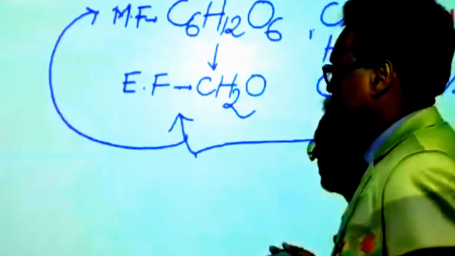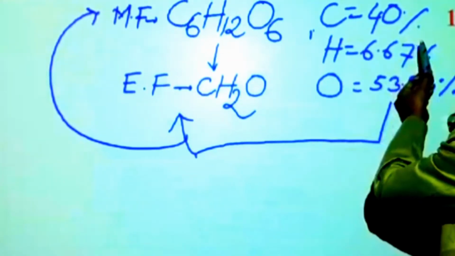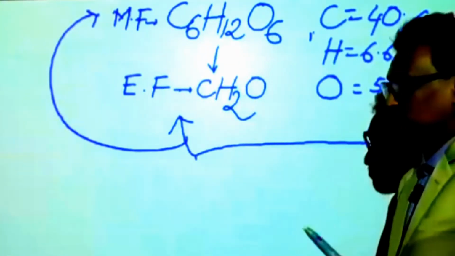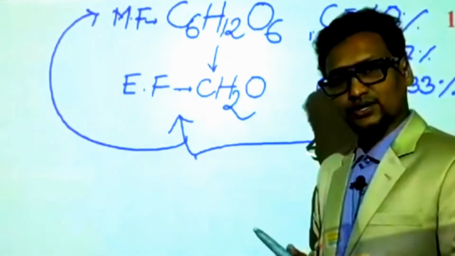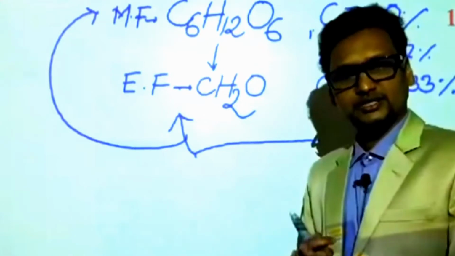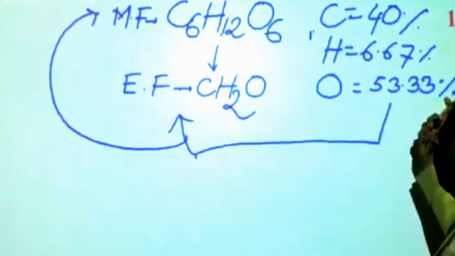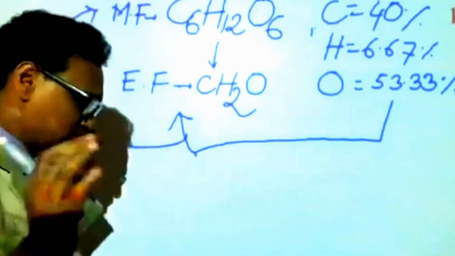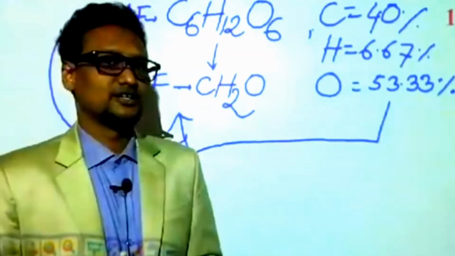So my dear students, it may come in your exam: in an organic compound, the percent composition of carbon 40%, hydrogen 6.67%, and oxygen 53.33%. Determine the empirical formula. So you can write down the question. And also, the next part will be added in such a way: if the vapor density of this compound is 90,